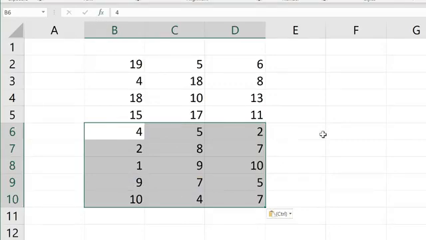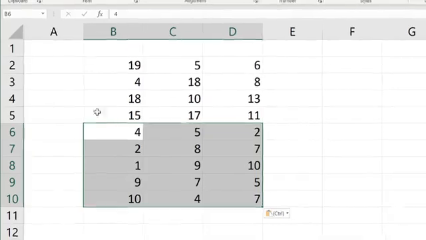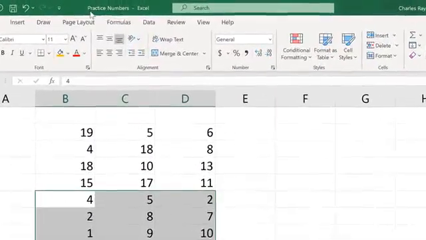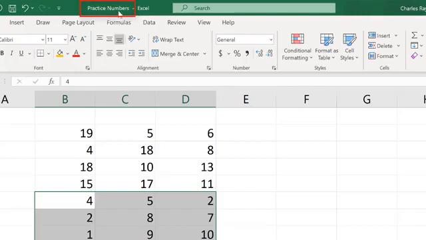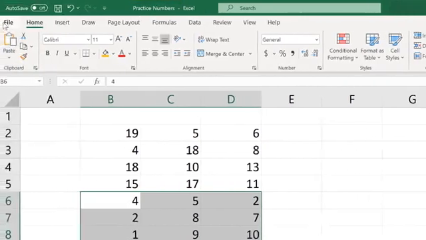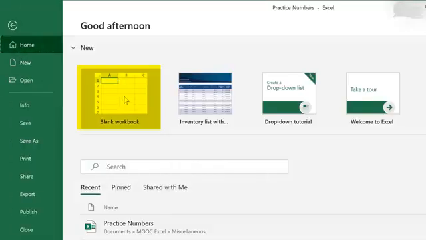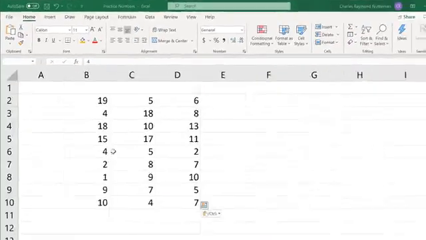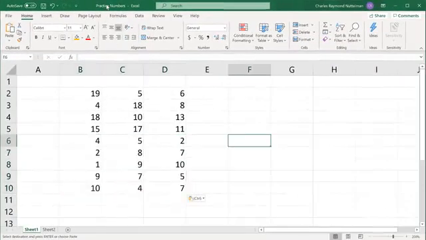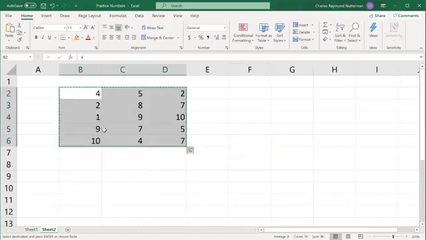Finally, let me show you how you can move entire sheets from one workbook to another. So this workbook is named practicenumbers.xlsx. Let's go ahead and I'm going to insert a new one, a blank workbook. Now what I'm going to do is I'm going to go back over here to the practice numbers file, and you can do that by selecting from the bottom of your screen. You can select the various files, and I'm going to go ahead and transfer the entire sheet 2 to that